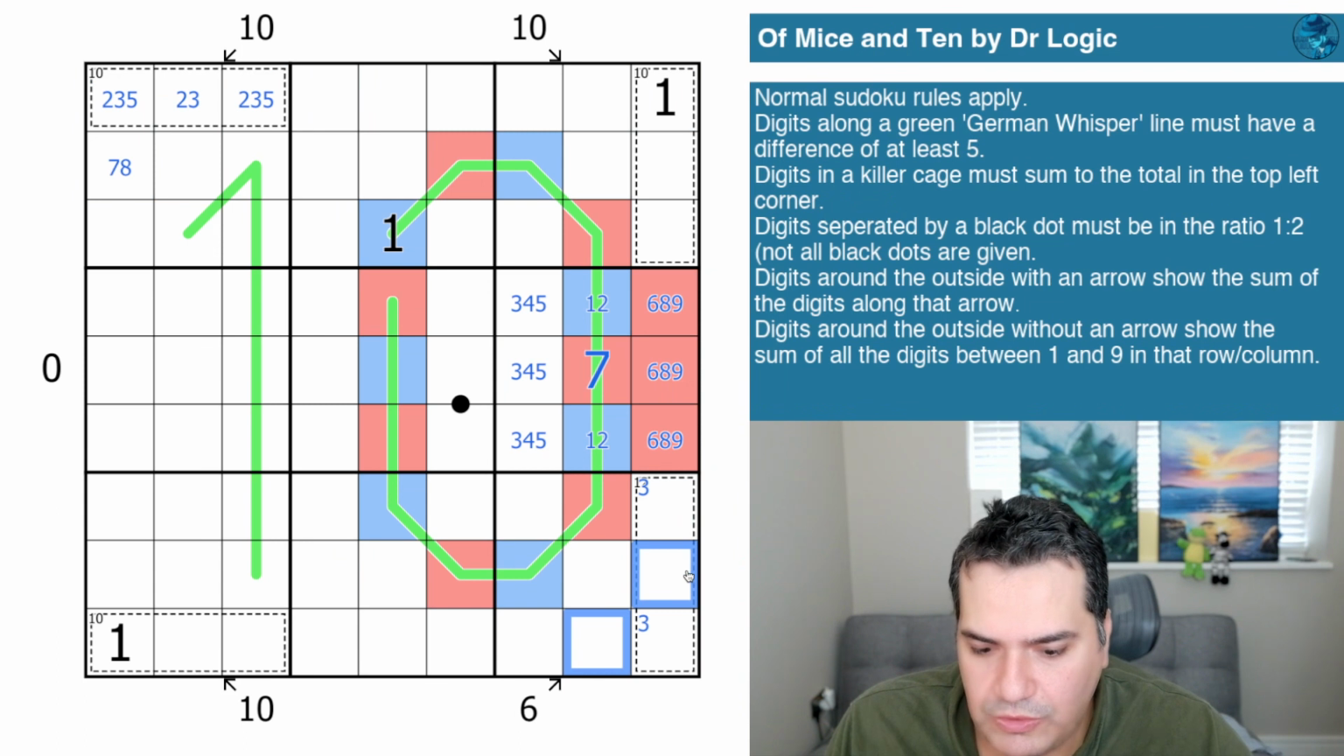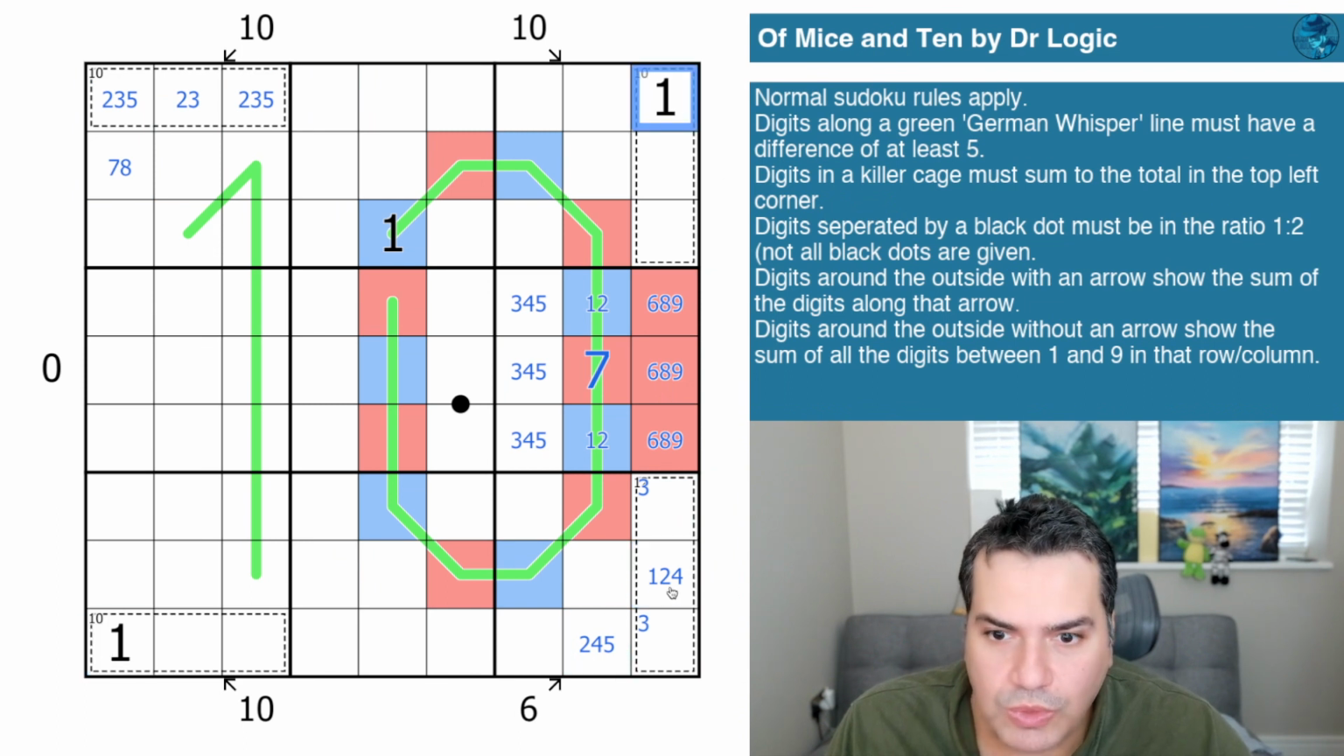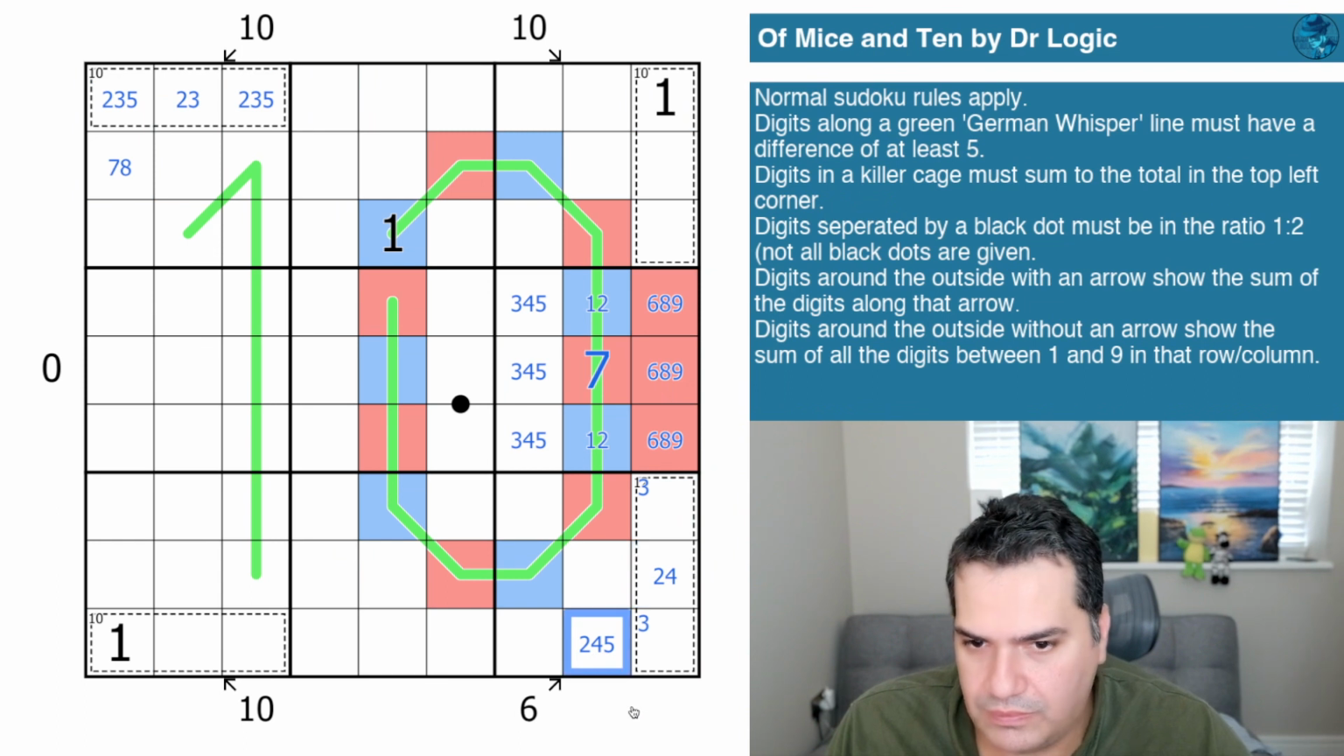Now, this can only be 1, 5, or 2, 4. That's not 1, therefore that's not 5, because of this one here. 1, 2, and 4. This one is actually removing the 1 and 5 totally. This is a 2, 4 now. And if I have 2, 4,